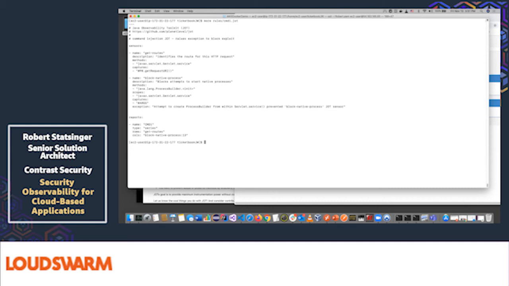So the sensors here are, again, getting the routes. The second sensor is called block native process, okay? The method I'm interested in is java.lang.ProcessBuilder, which allows you to construct a process and launch it on the operating system where this code is running. And the scope is inside the servlet service. So if we know we're inside the servlet service and we're trying to run ProcessBuilder, that could lead us to be